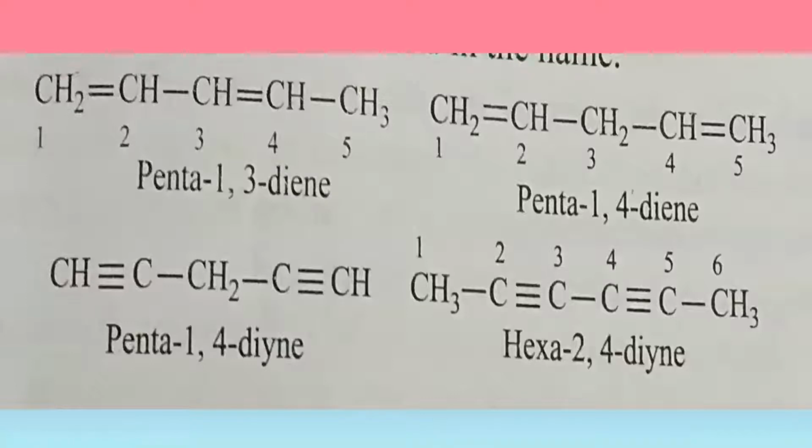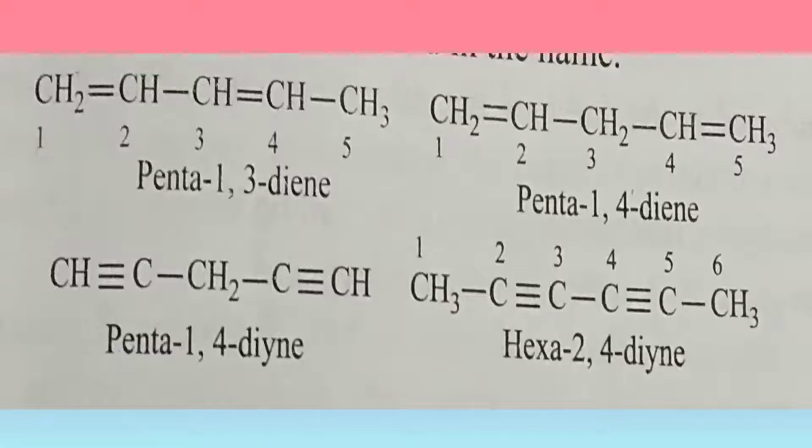So in the first example, you see that there are 2 double bonds present here, and the double bonds are attached to the first and third carbon. So you know that these double bonds are given as a secondary suffix name. Here the naming goes as pent because the root word is pent, as the parent chain has 5 carbons. And since there are 2 double bonds present here, we have to mention the double bond location for both of the bonds, that is 1, 3, and write diene because there are 2 double bonds, and we know that the suffix for the double bonds is ene. So the name here for the first one is penta-1,3-diene.